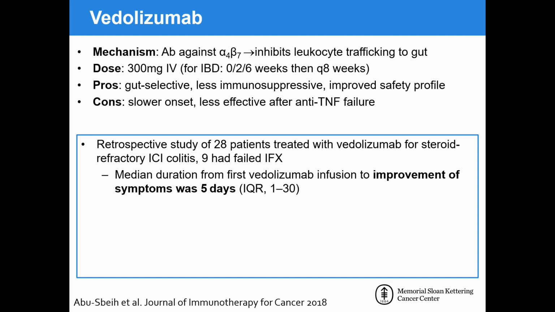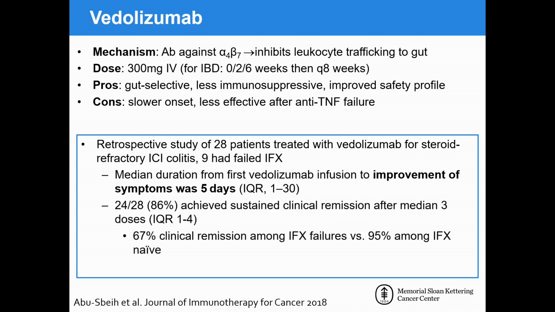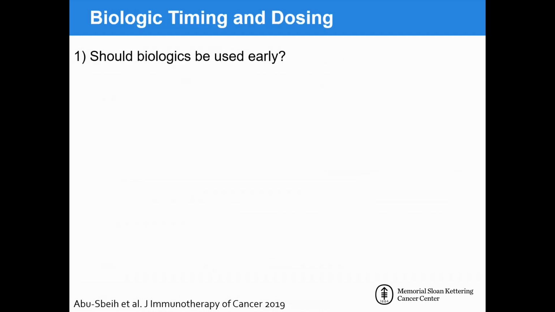And I think we've seen that across even infliximab, that the response rates seem to be more rapid than we see in our chronic inflammatory patients. There's probably just some difference in their biology that is driving this that we don't quite understand. And overall, after a median of 3 doses of the vedolizumab, 86% of the patients achieved a sustained clinical remission. The patients who had never seen infliximab before did much better overall than the infliximab failures. But concerningly still, a very large total steroid duration of almost 100 days across that patient population, meaning we need to be optimizing and thinking about treatment strategies early if we're going to spare these patients the long-term steroid use.